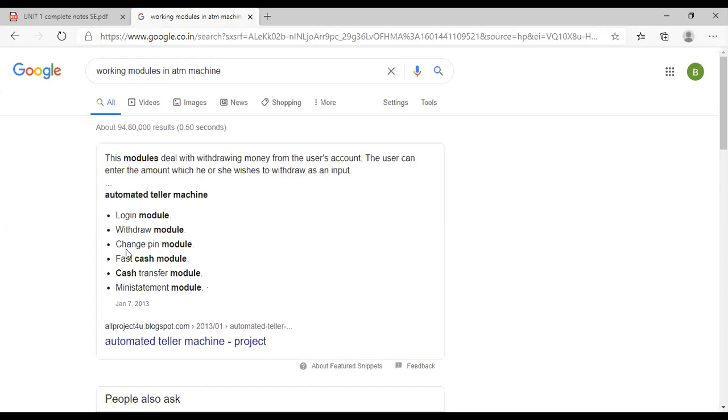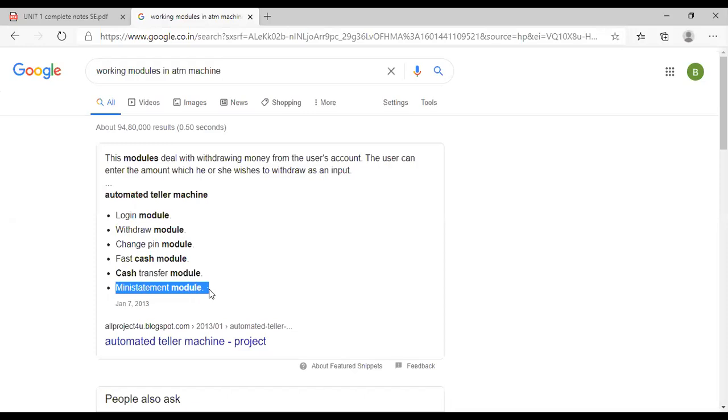Okay, right? Then there is one more module called change PIN module. So this module is related to changing the passcode of your card. Fast cash module. Okay, it will withdraw what? The cash in a huge amount. Fast cash, right? Cash transfer module. This is related to deposit of your cash through ATM. We have one more, that is the mini statement module.